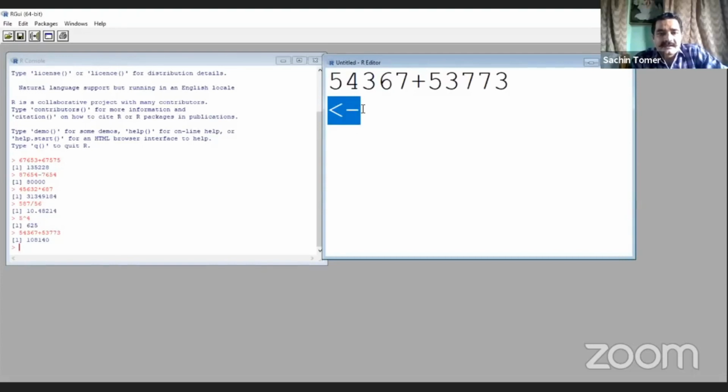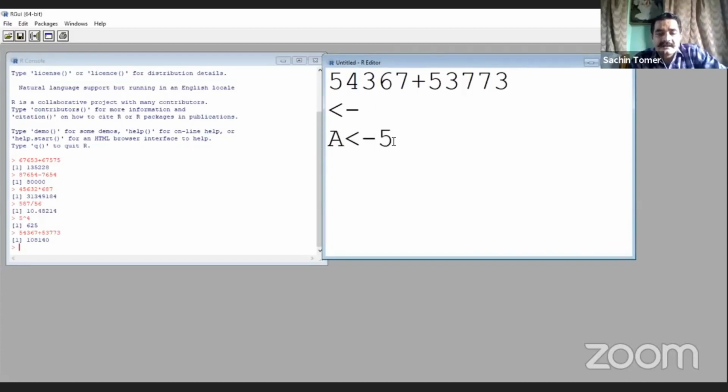Less than minus sign is called the assignment operator in R. Assignment operator means it is used to assign a numerical value or a mathematical expression to a variable in R. We can write here a <- 5.